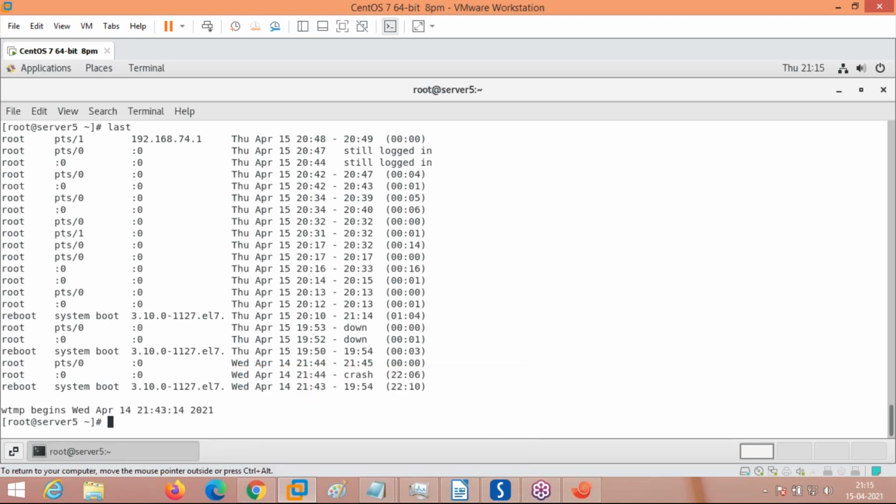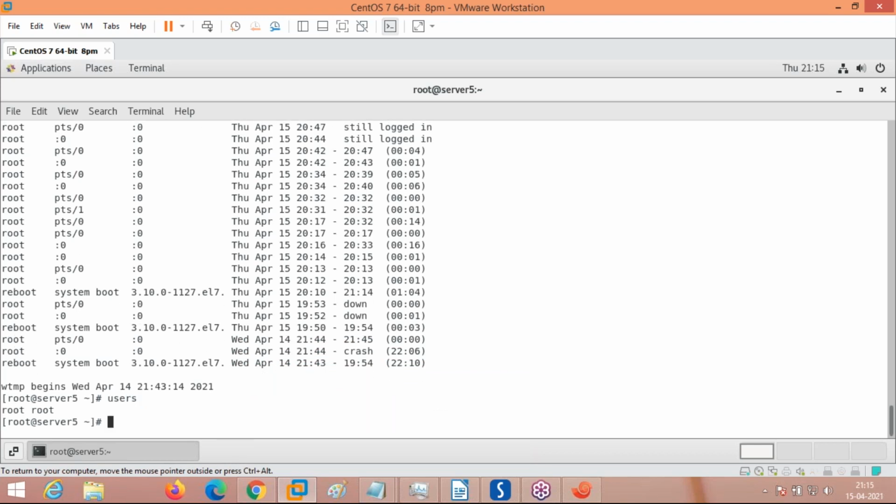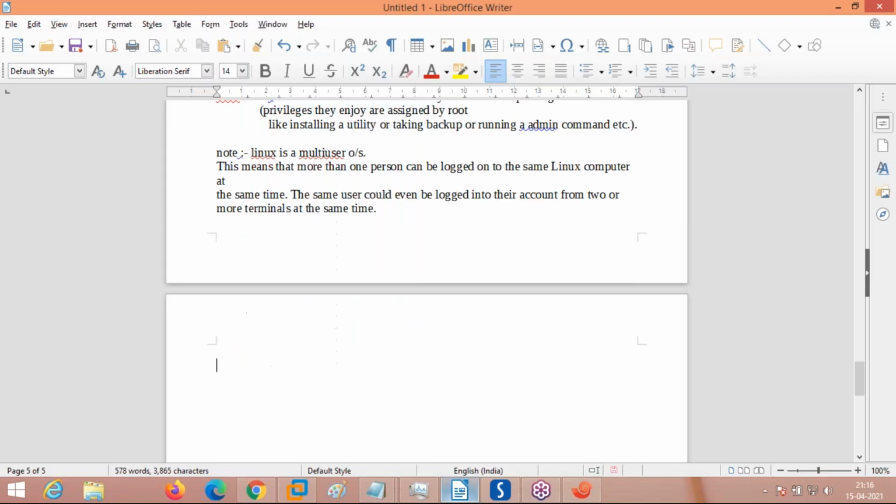So there is one more command, users. Okay, this is also one of the commands. I will show you the difference between this log name and everything here. See, this is a graphical boot we have done. But in Linux, I told you there will be virtual consoles. This is the graphical console we are working on, which is equivalent to Control Alt F1. I am just writing it here.